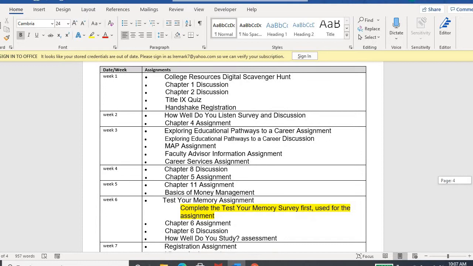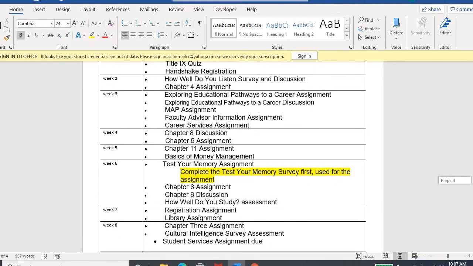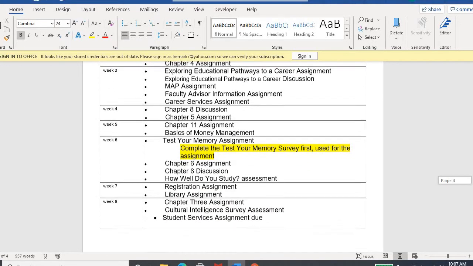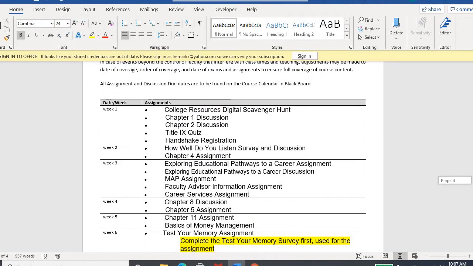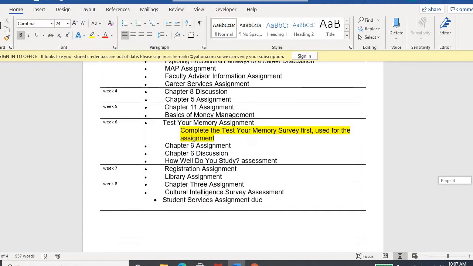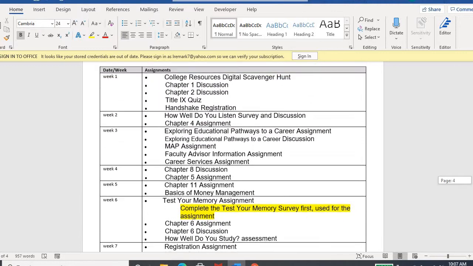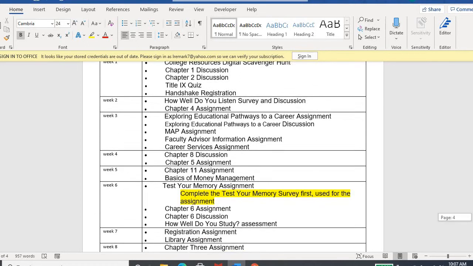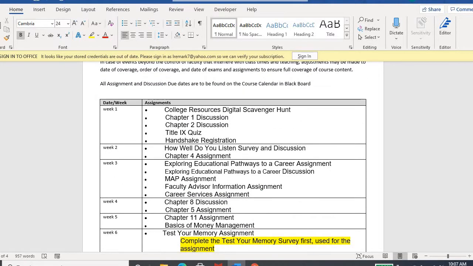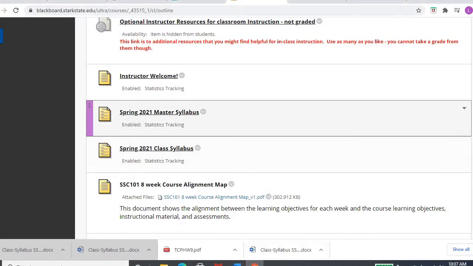I do want to point out that this is a shell course, meaning that we have a coordinator who sets this course, and then all the instructors kind of follow these assignments. So these are the assignments that are throughout your 8 weeks, and you can see specifically like week 3 is pretty heavy with the assignments, week 6 is pretty heavy. So just be aware that certain weeks you're going to have quite a lot to do. All right, so that is your syllabus.